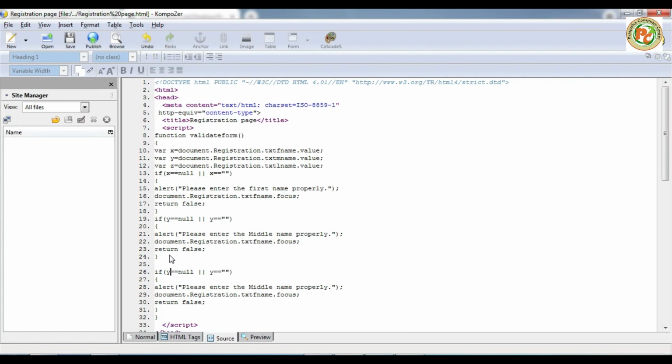Now instead of y, I will change it to z, and again change it to z, and the message will be: please enter the last name properly. My cursor should be focused on the last name here, and here again I have to change it, it should be in the middle name, right?